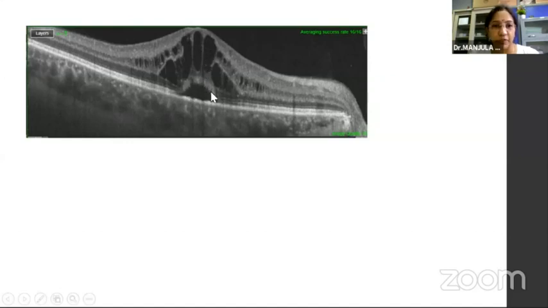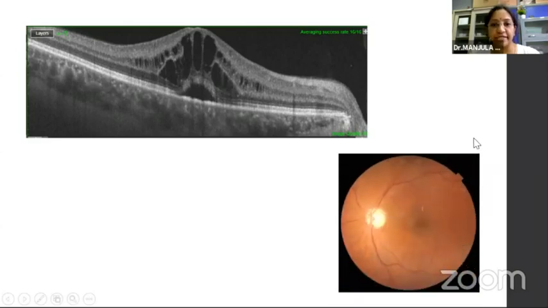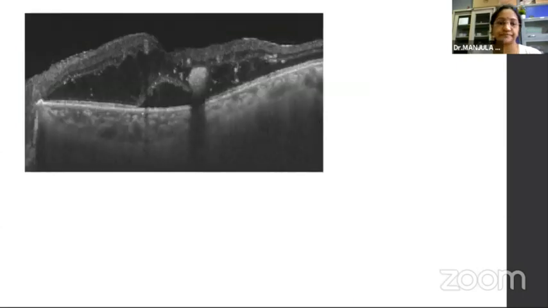And if you concentrate on the subretinal space, that is also hyperreflective. So this is called subfoveal serous retinal detachment. And if you want to read this OCT, you have to read it as cystoid macular edema with subfoveal serous retinal detachment. And if you see clinically, the patient shows changes of non-proliferative diabetic retinopathy, and this OCT hence gives you a result of diabetic macular edema.